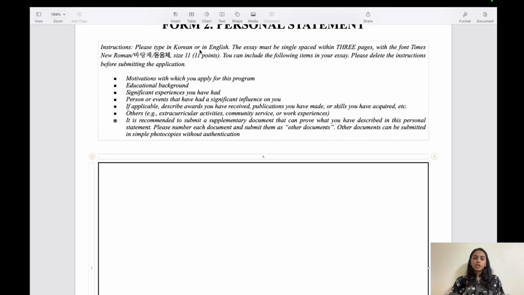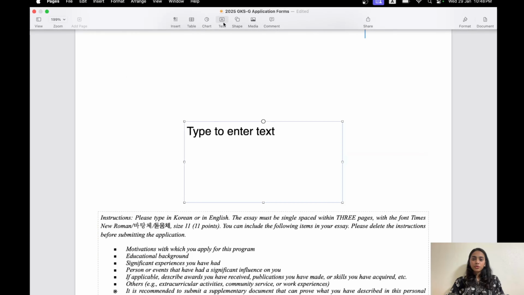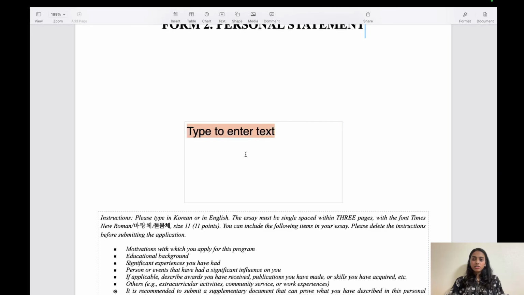So please type in Korean or English. I would suggest that you go with English if your Korean is not that good. And the essay must be single spaced. So most of the time what happens if you go with the text thing. So here it is, I don't know how to do it on the